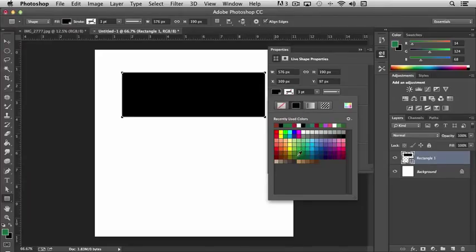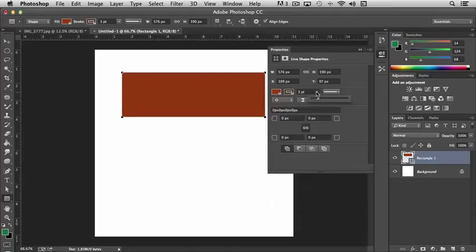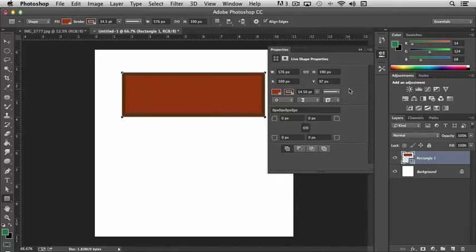Okay, so let's stay with a solid, and we'll stay with maybe this orange here. And if we wanted to add an outline to it, we can just simply click on the stroke area to select it, choose a color that we want, say maybe a dark brown, and then we can determine how thick we want that to be just by moving the slider, or we can type in that information as well. Maybe we want to have the lines dotted or solid. It's entirely up to you. And of course, we can physically adjust the dimensions of this as well, although it's literally editable at any given